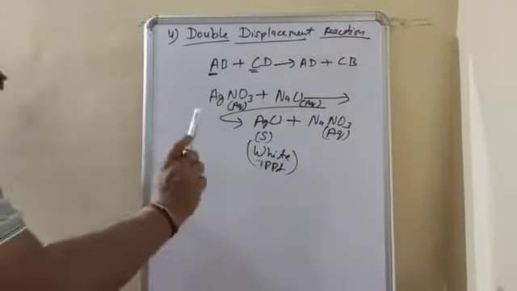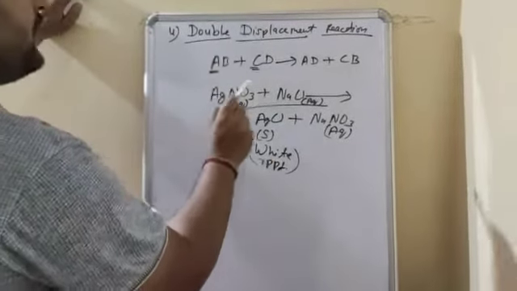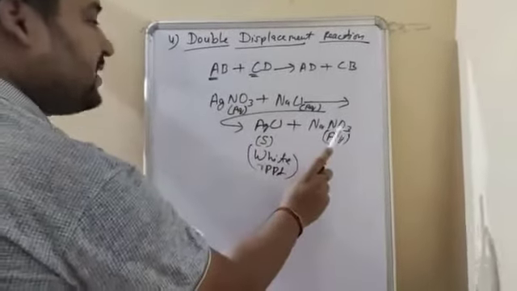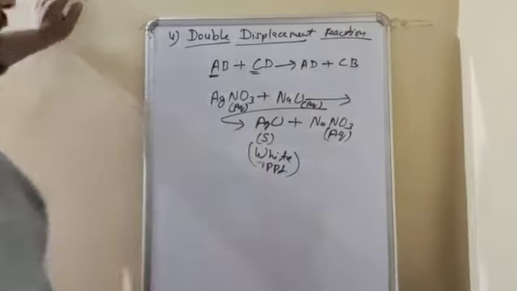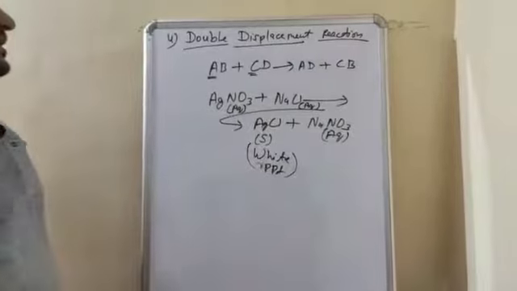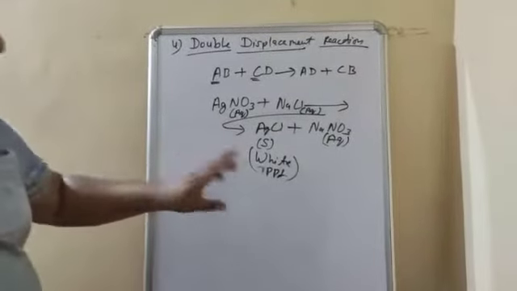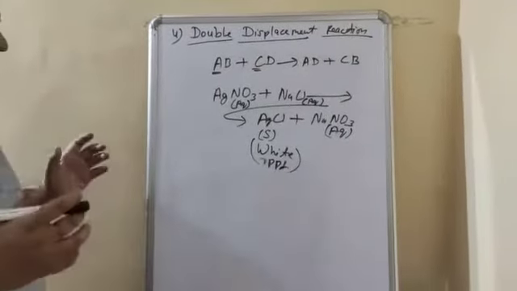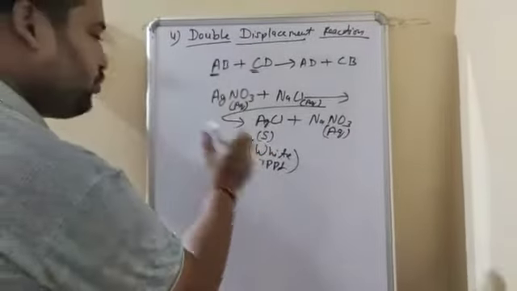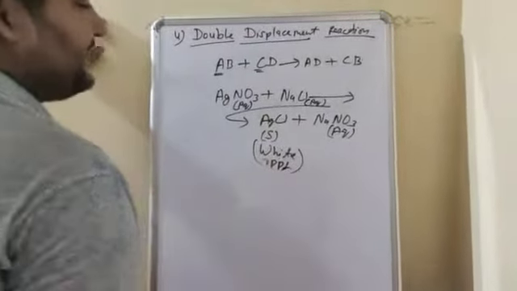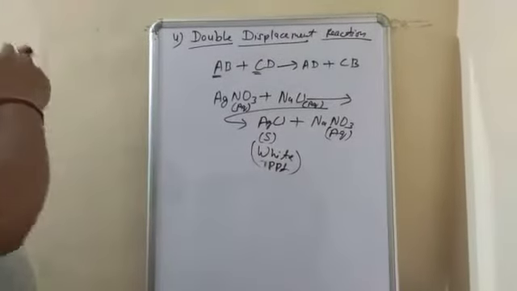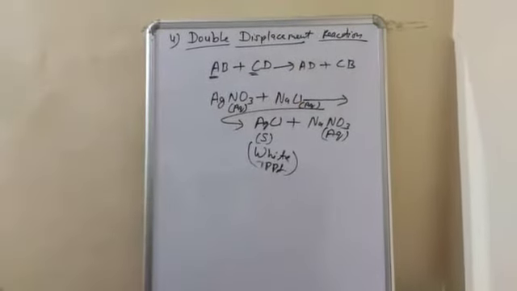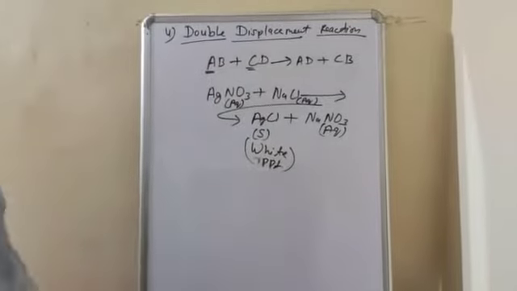In simple words, you can see here this compound is water soluble, this one is water soluble. So when they react to each other, only one product will be water soluble, but one is water insoluble, and that is the precipitate. So for defining a precipitate reaction, you will say that when two water soluble reactants react to each other, one water insoluble substance is formed. That reaction is a precipitate reaction. But for defining double displacement reaction, you will say that when two water soluble compounds react to each other, their ions will be exchanged. Understood beta?